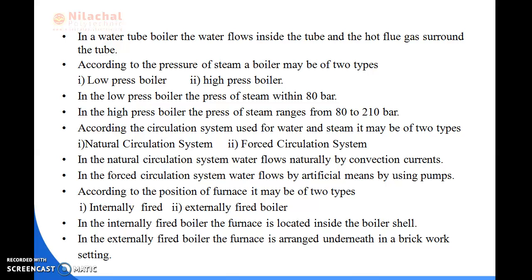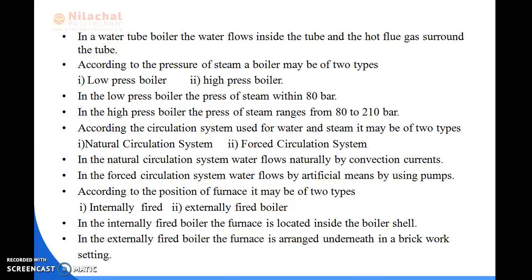So next, if we classify the boiler depending upon the pressure of the steam that it generates, it can be of mainly two types. One is a low pressure boiler, another is a high pressure boiler. In the low pressure boiler, the steam pressure is maximum up to 80 bars, but in high pressure boilers it is 80 to 210 bar. Similarly, according to the circulation system of the water and the steam, it may be of